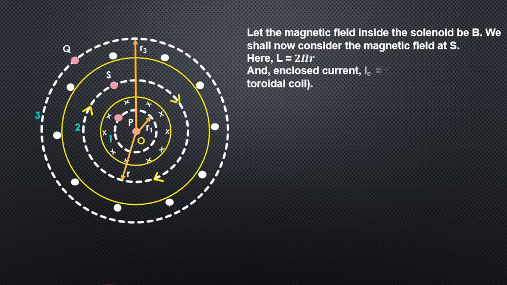Now the enclosed current in the toroid: if I is the current in each turn and N is the total number of turns, then the enclosed current is N into I. Very obvious. So this is the enclosed current. Now we put these values in Ampere's circuital law. We apply Ampere's circuital law for the toroid. So the integral of B dot dl means B into the total length 2 pi r is equal to mu naught into the enclosed current, that is NI. So we get this expression, and on further solving it,